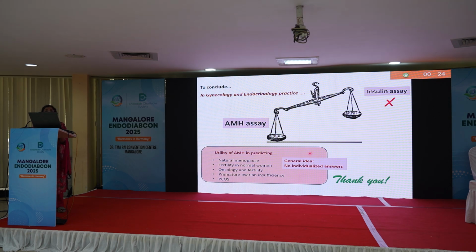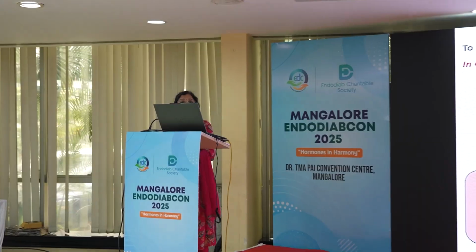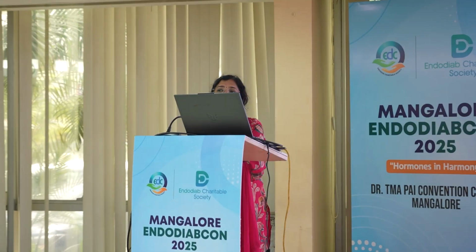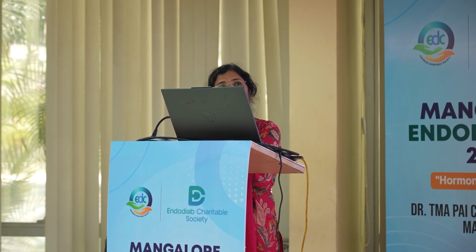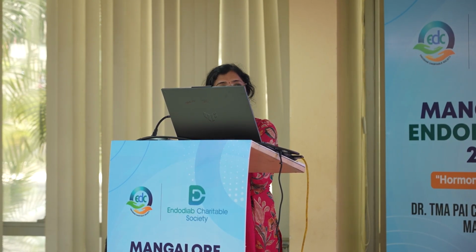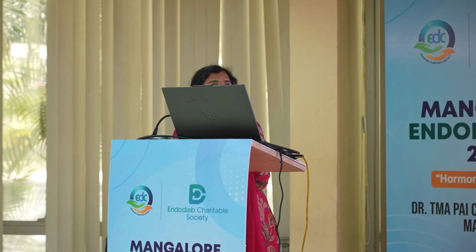So here I would like to conclude that insulin may not be useful, but AMH, in the kind of predictions for these parameters, not in ART treatment, can give us a general idea, but there is no individualized answer. If the AMH is very low and the patient asks whether she can plan pregnancy or delay it, at the max, if it is very low like 0.7, 0.8, I can't tell her that she has this chance of not getting pregnant or of menopause, but I can say that if you are going to plan pregnancy any time in your lifetime, plan it soon, don't waste time.